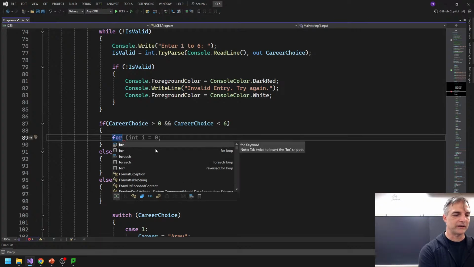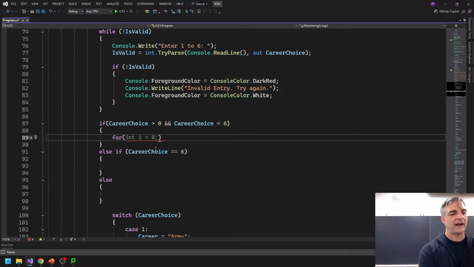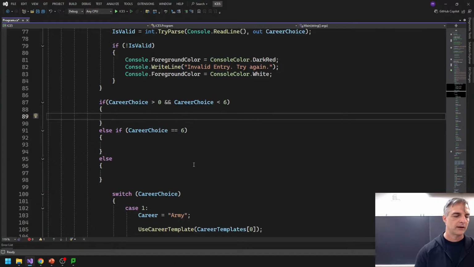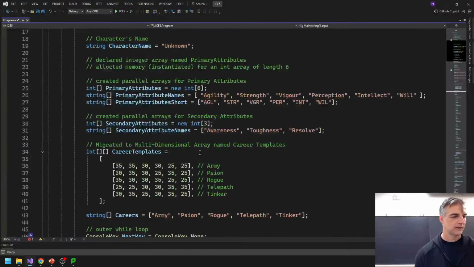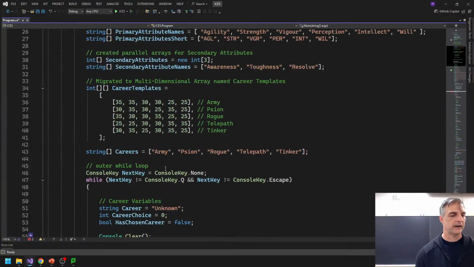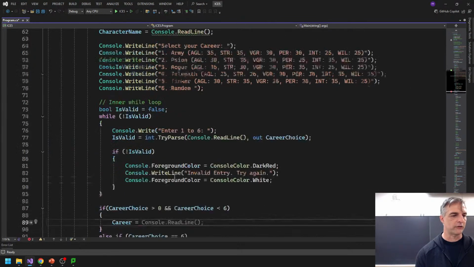So I'm going to go like this, 4. I want to do the career choice, but instead of a for loop, I don't want to do a for loop here. I want to use the career choice to do what I have to do. Career is this. So I want to say career, and that's going to be the name of my career, right? My career names. That's called careers, right? That's careers. So I want to do careers,